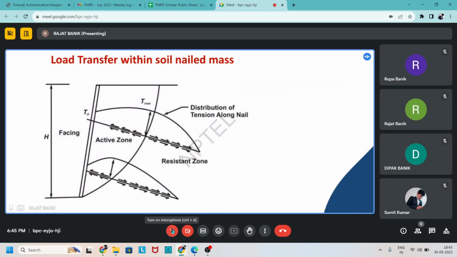So, you also see that there is one point where this axial force is maximum. If we join these maximum axial force points, we can find the critical failure surface for this soil nail arrangement. If you join every point of this maximum axial force,